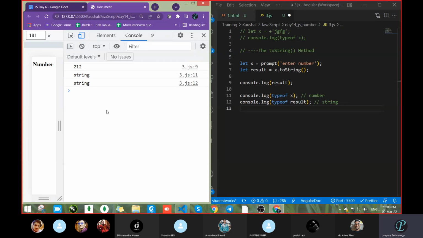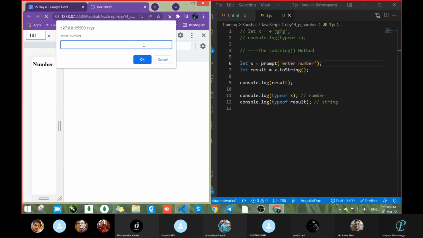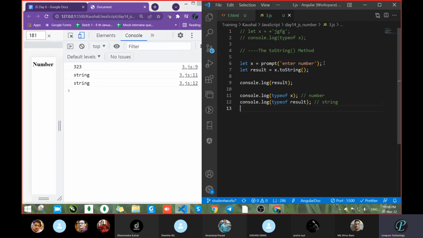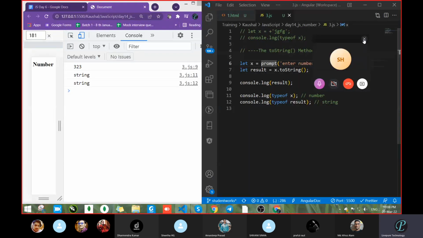Both are strings. Whatever you get as output from the prompt method, it is always a string. Got this or not?